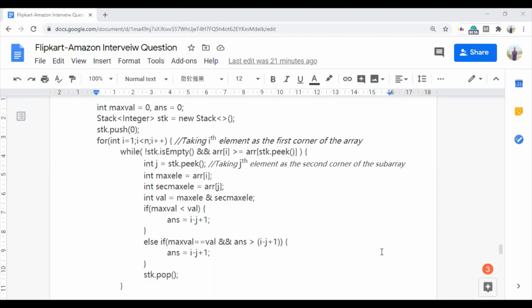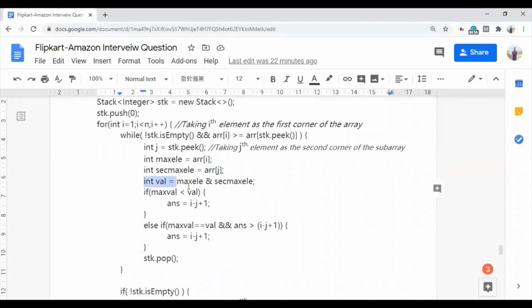That is the element at which the ith pointer is pointing. That is what we have written down the condition over here. So now the stack contains only the valid indexes. So we will take the element at the top of the stack, and as this element is smaller than the element at which the ith pointer is pointing, this is a valid subarray, so we will update our maximum element and second maximum element. We will find the answer of this subarray and update the answer accordingly.